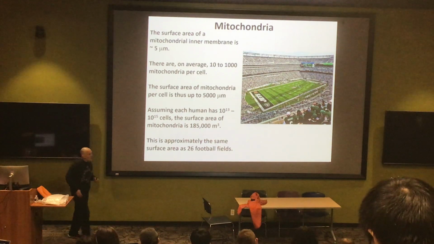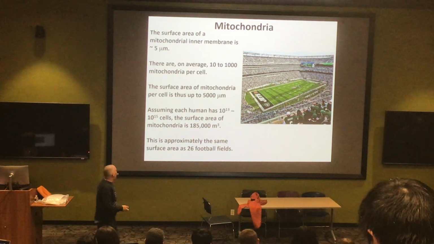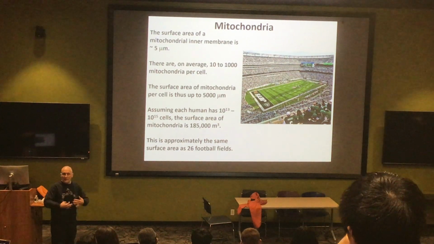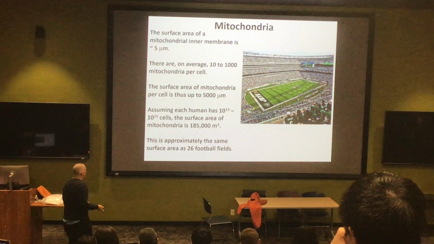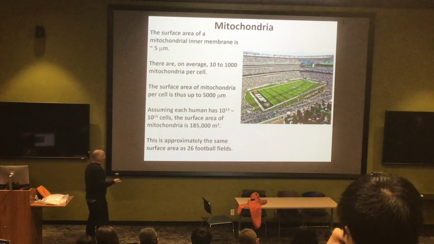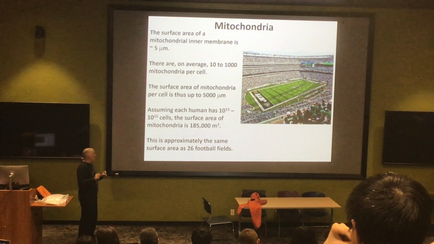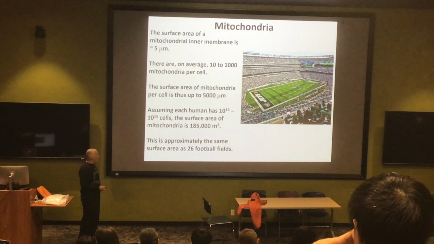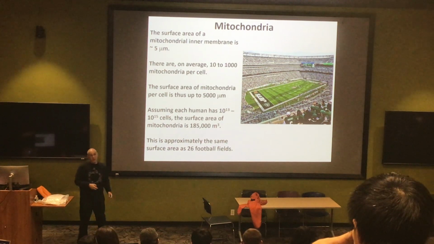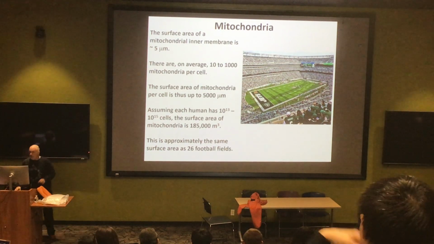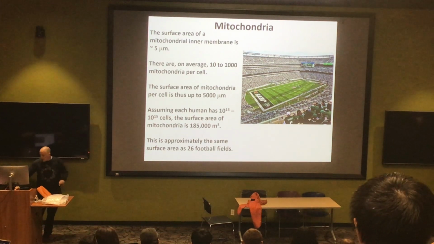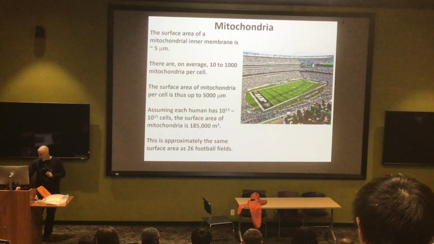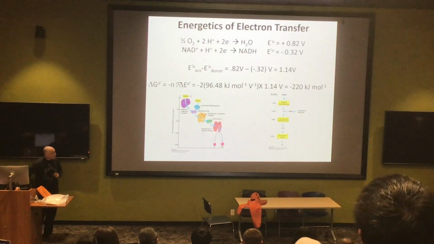The other thing that's really cool, I always go back to these because I love these slides. We don't need to work through the whole math, but it's right here. Again, we talked about the fact that this inner mitochondrial membrane is very heavily folded. If you were to unfold the inner mitochondrial membrane of all of the mitochondria inside of you, these heavily invaginated membranes, you'd have 26 football fields wide of mitochondria. So that's how intensely folded on top of each other they actually are. 26 football fields worth of mitochondria are packed inside of your body. So, I think that's interesting as well.